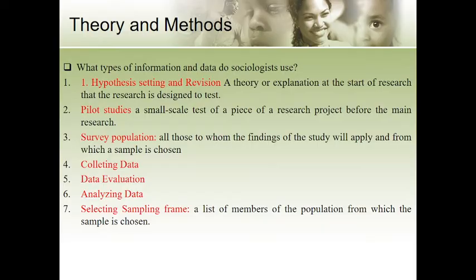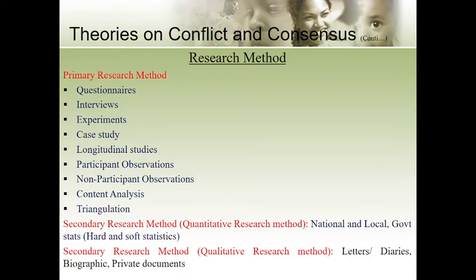Sampling is a process or technique of choosing a subgroup from the population to participate in the study. It is the process of selecting a number of individuals for a study in such a way that the individuals selected represent the large group from which they are selected. So these are some of the information they basically use whenever they study the society. We have different kinds of methods